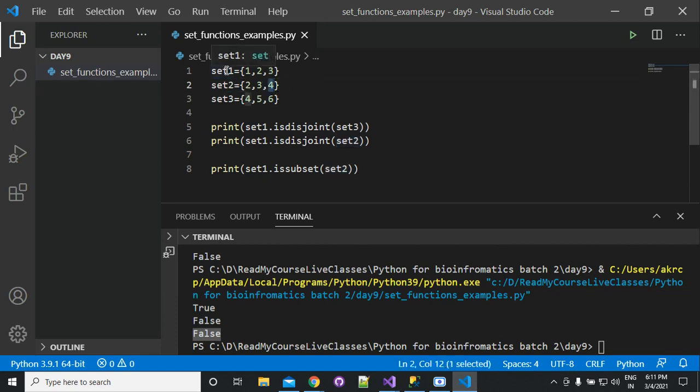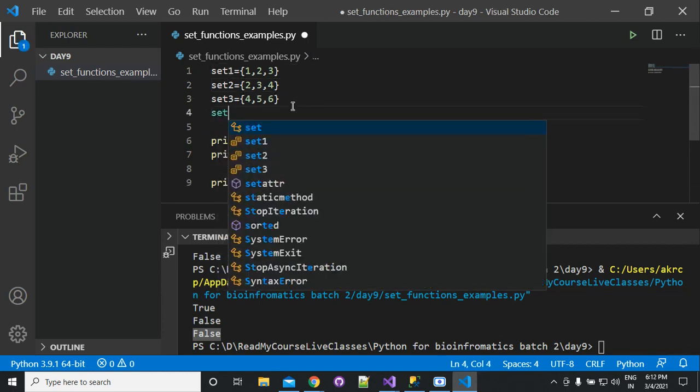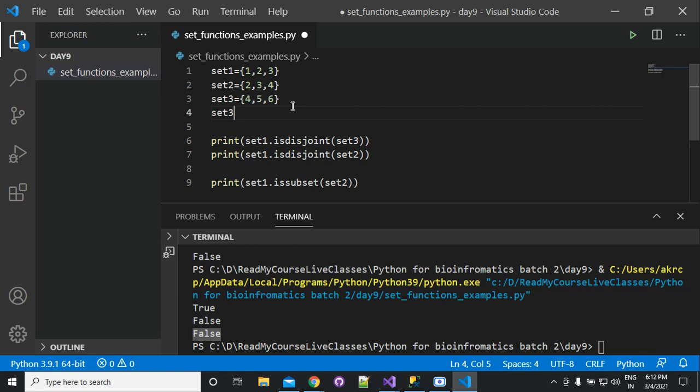So subset means what? It means all the elements of set 1 should be in set 2. Suppose that we have one more set, set 4, equal to 1, 2, 3, and then 4.